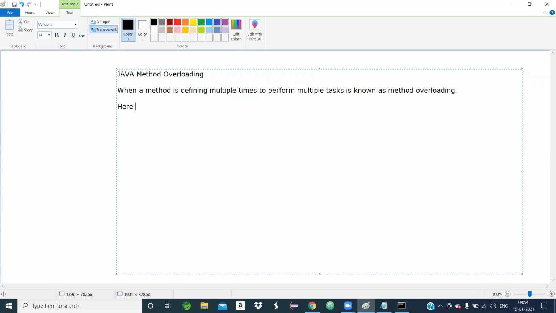Here the method name is the same, but they are different by their signature. It is an example of compile time polymorphism.